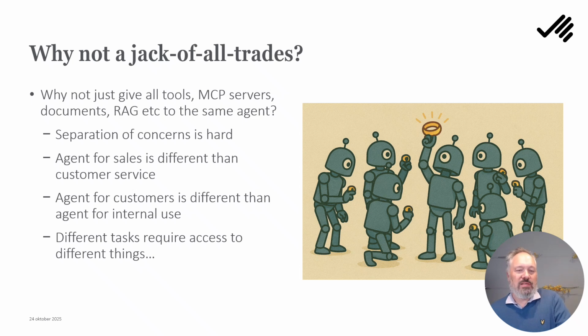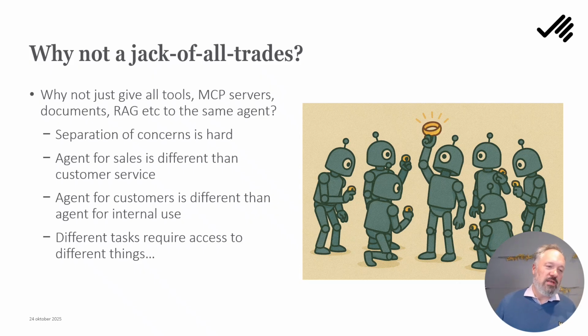Well, the problem is that if you start looking at it in detail, you will notice that different types of agents are responsible for different types of things. And sometimes if you try to put everything together, it will just blur things. So it's better to separate agents into different roles and jobs, more or less,